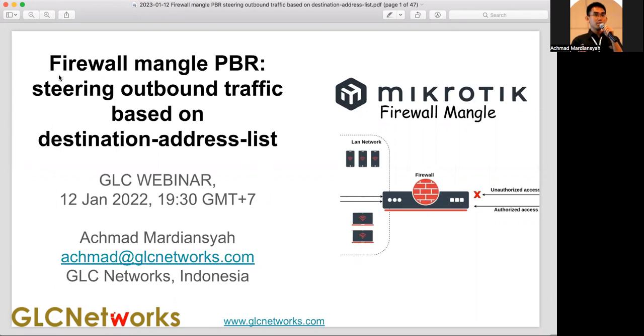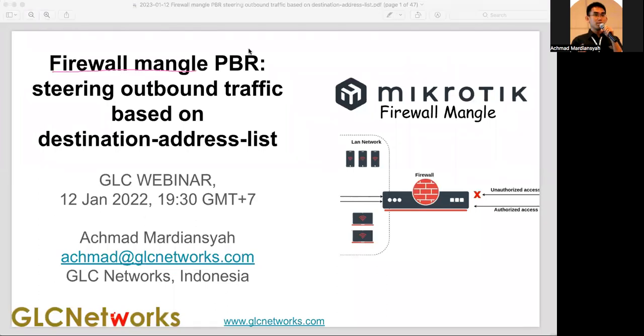So today we'll be talking about the firewall Mangle here. Firewall Mangle with PBR. PBR means policy-based routing. And then our case study here is we are steering outbound traffic based on destination address list. So previously we were also steering outbound traffic based on the incoming